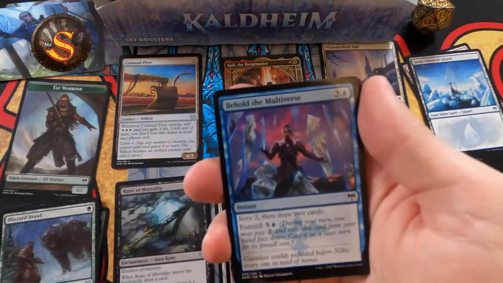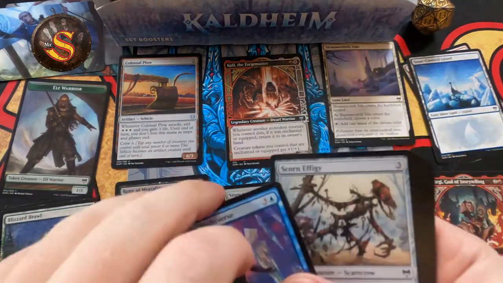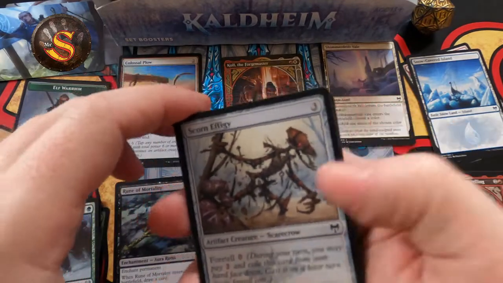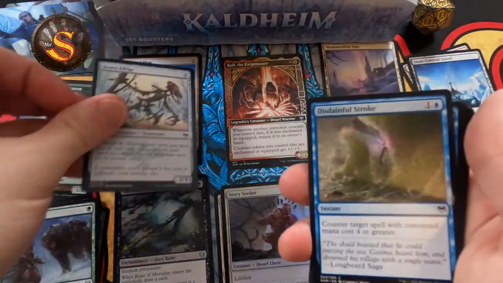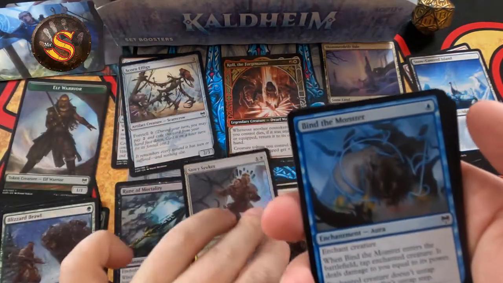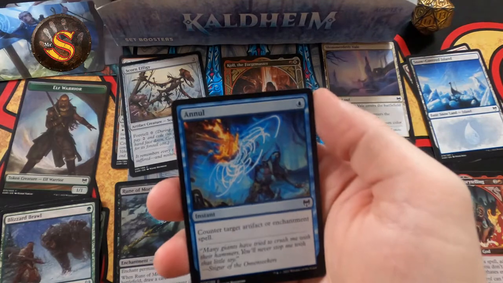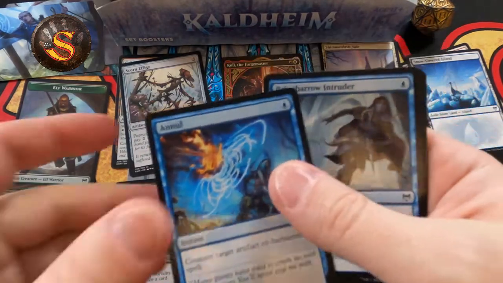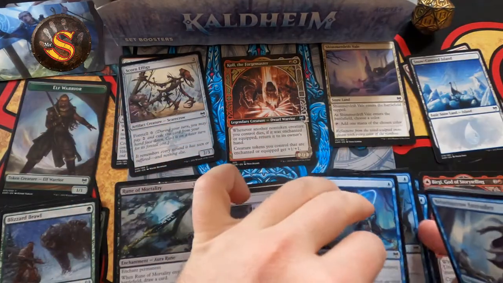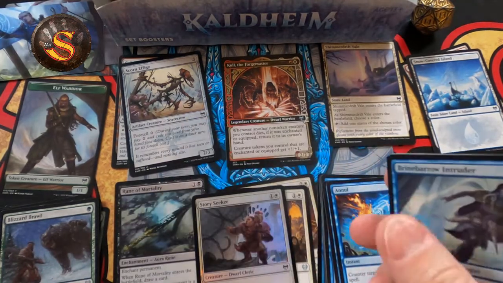Behold the Multiverse. Scry 2, then draw 2, and you can foretell this for 2. That's Scarecrow. This is the only Scarecrow in the set. Disdainful Stroke. Bind a monster again. Counter target artifact or enchantment spell for 1 blue. I guess that makes it good in standard because you still have a lot of enchantments from